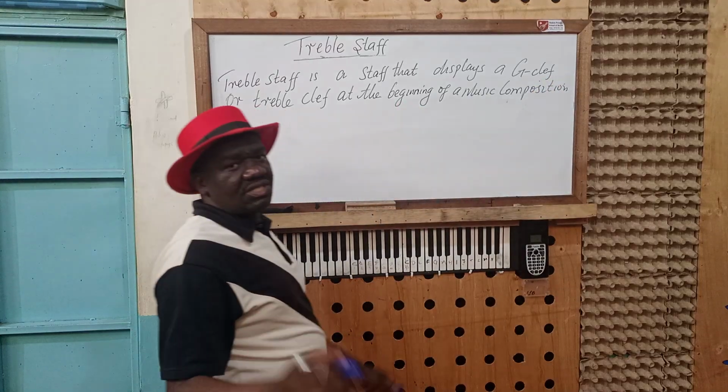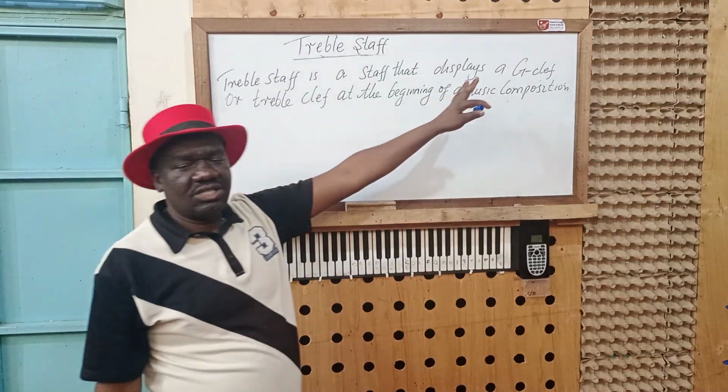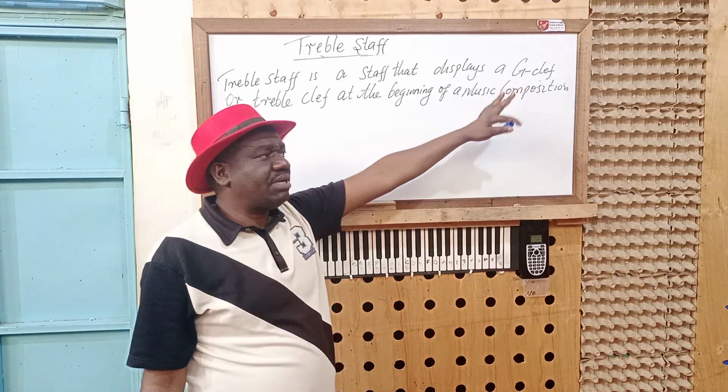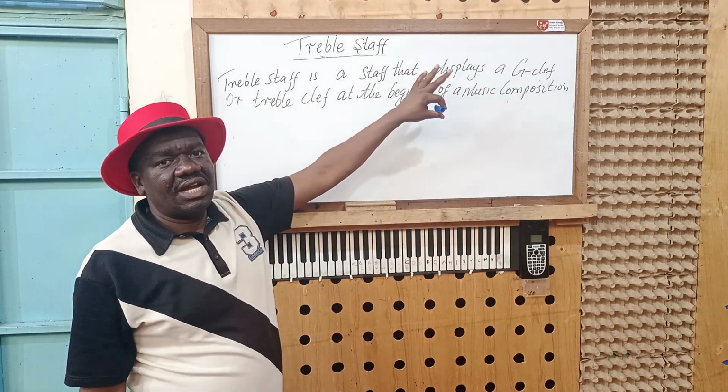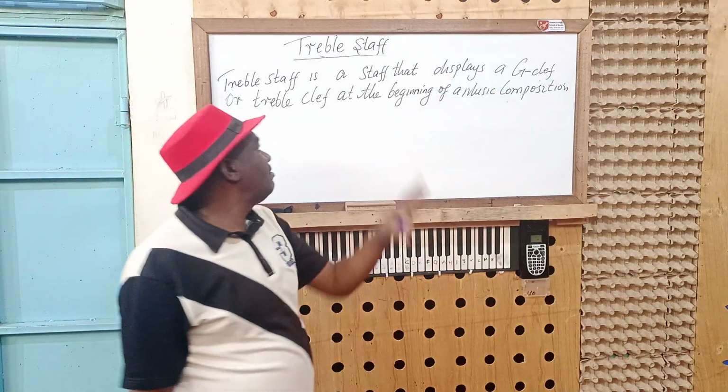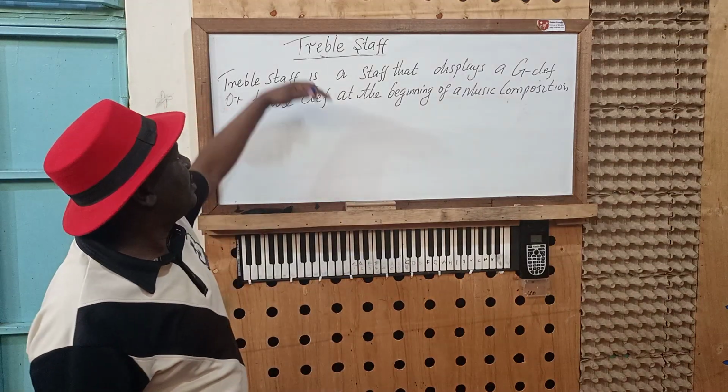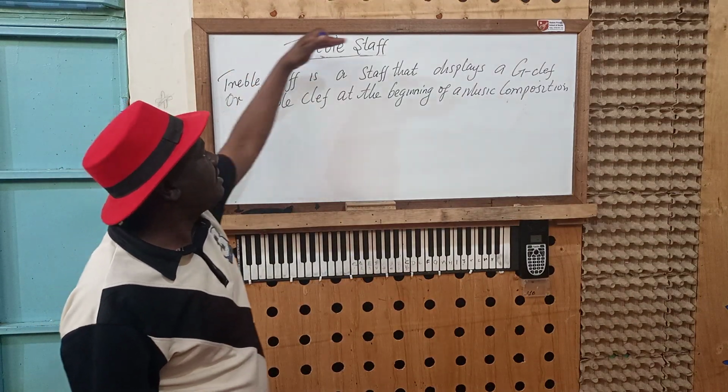When I describe this in words, it looks somehow complex, but when I start using a diagram, you'll find it very, very easy. And because our topic today is a treble staff,